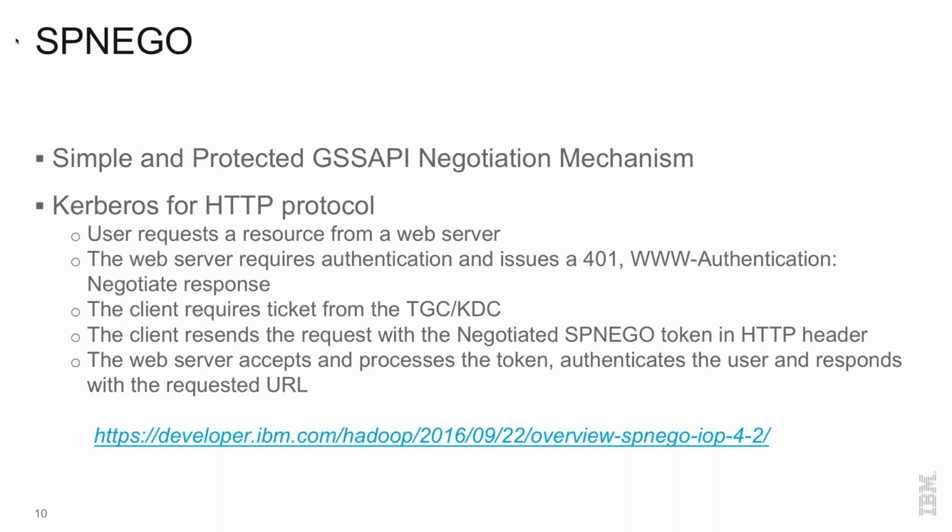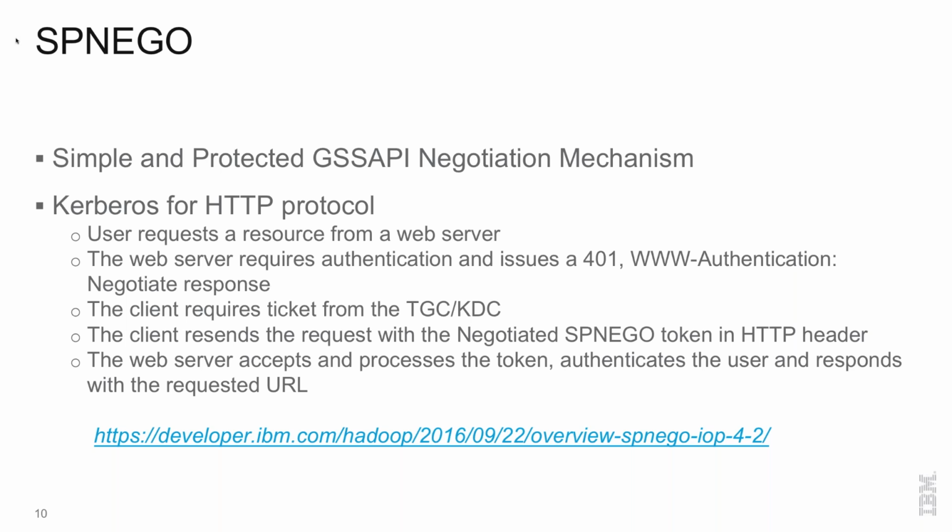So then the client goes to the KDC and gets the ticket for the web server, and wraps that ticket into a so-called SPNEGO token, right? It's basically a SPNEGO token, kind of like a text message, and then the client resends the same request with a Negotiate header carrying this SPNEGO token to the web server, and